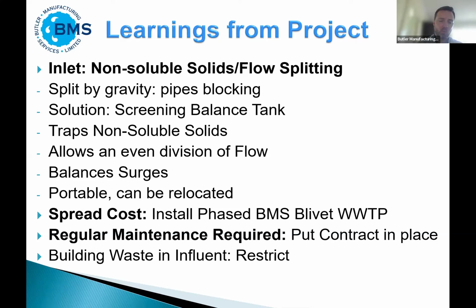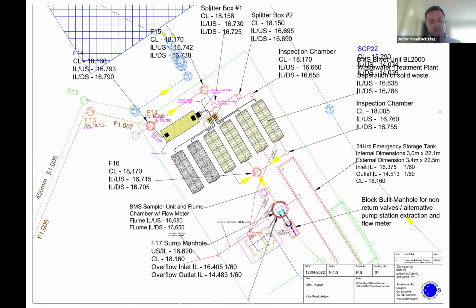sites because a lot of construction sites have different workers coming in and out, and the plants can be neglected. So it's really important to put in place. And finally, on a construction site, you really need to engage the developer so that the people on site, subcontractors especially, aren't putting paint, grease, stone, and everything down, flushing them down the toilets, which is a common way for them to get rid of them, and initially was causing some damage to the plant, but we got an order eventually. So you can see that was the balance tank with the flow split between it, and with